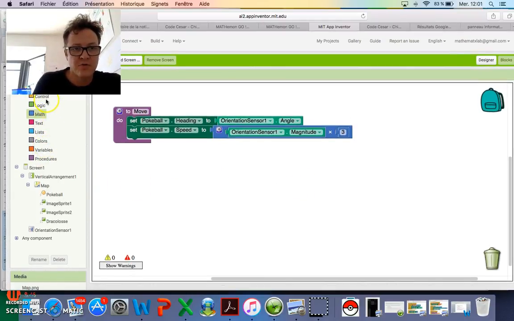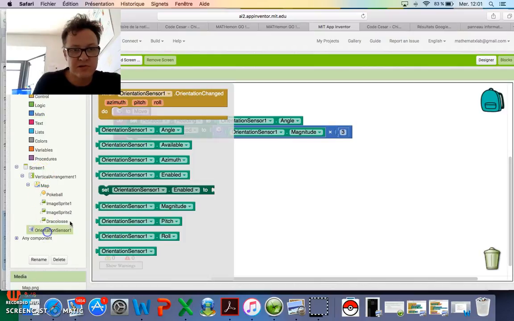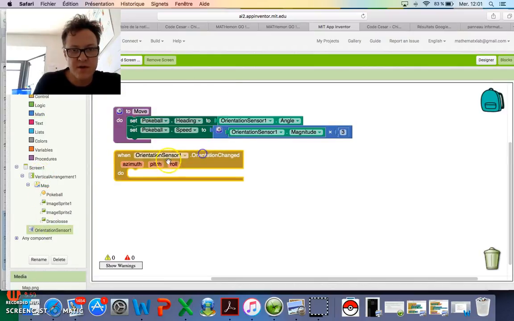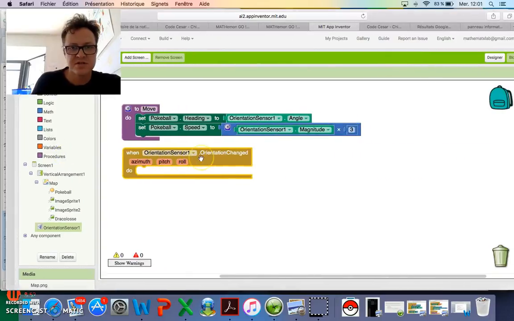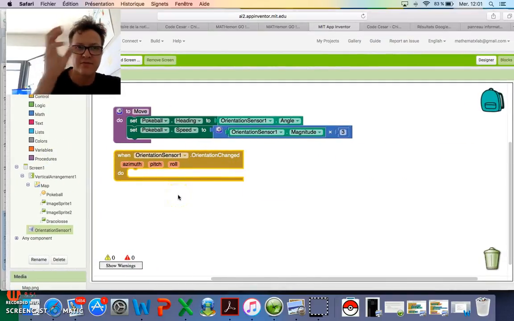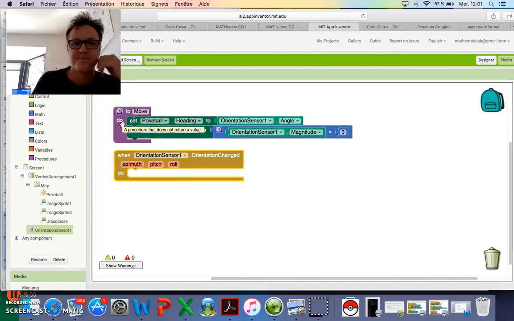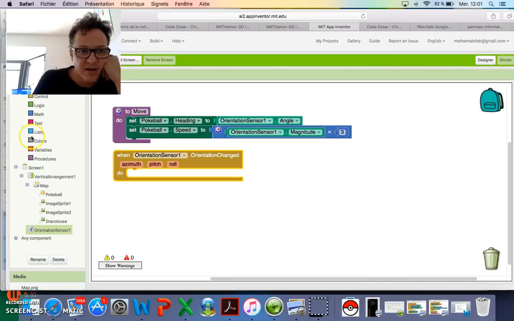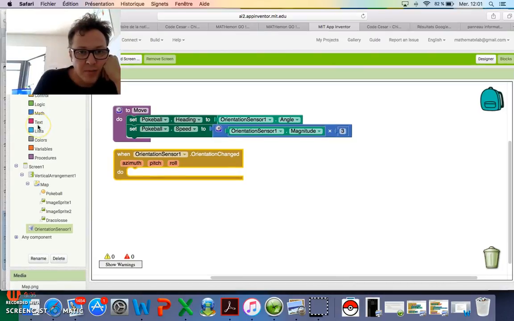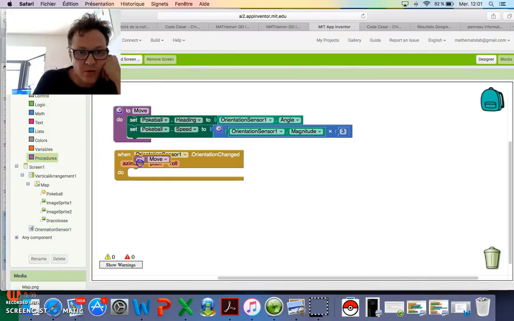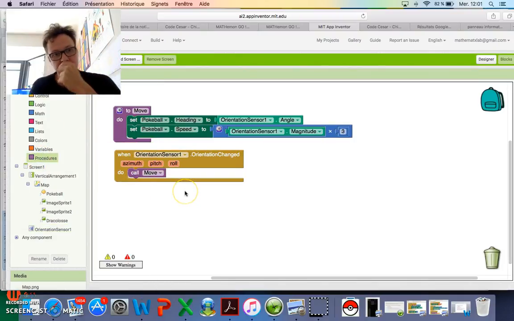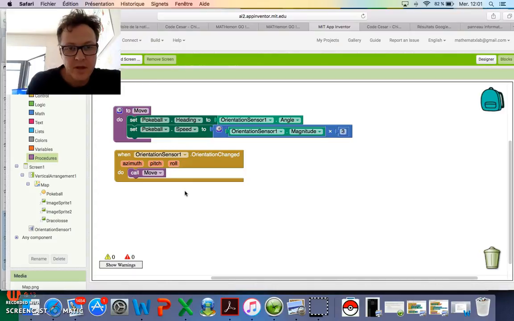Okay, so to move, when the orientation sensor changes, it means when you move your phone, you have to call this procedure, and the ball will move all across the screen, right? So call procedure, call move, and this will make the ball move.